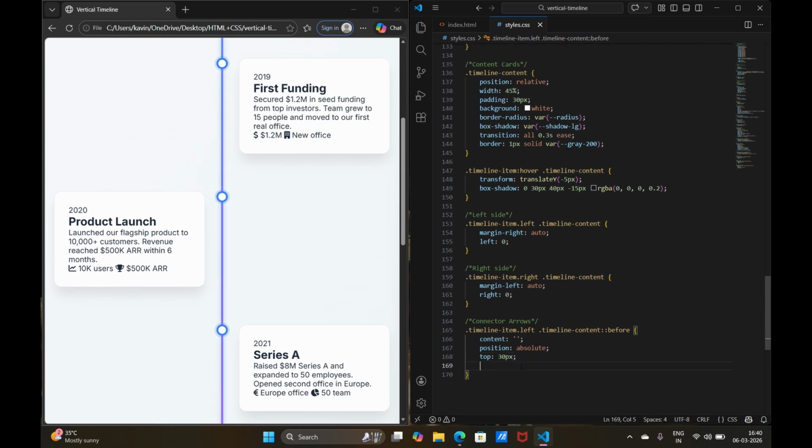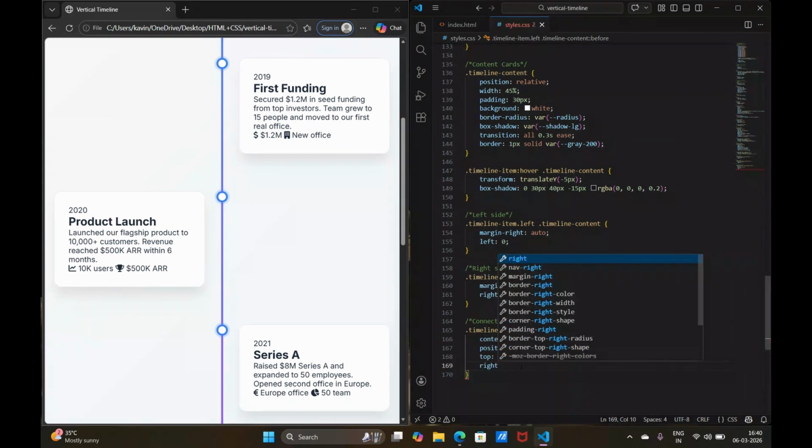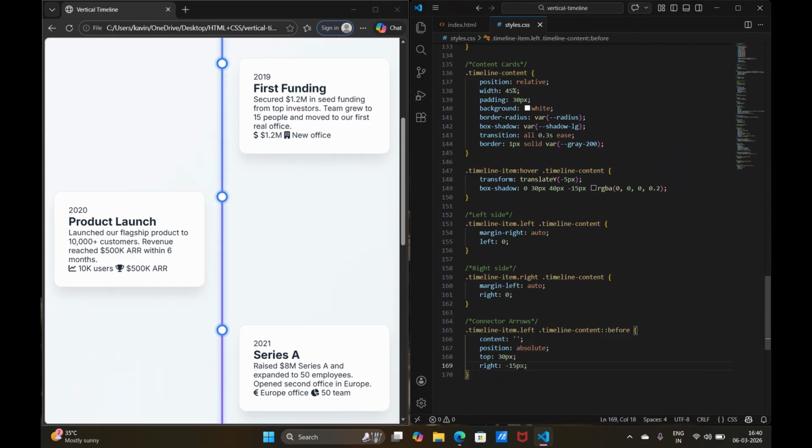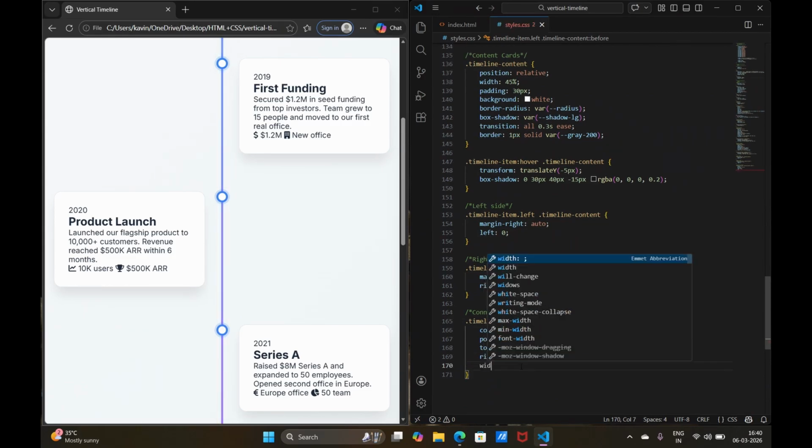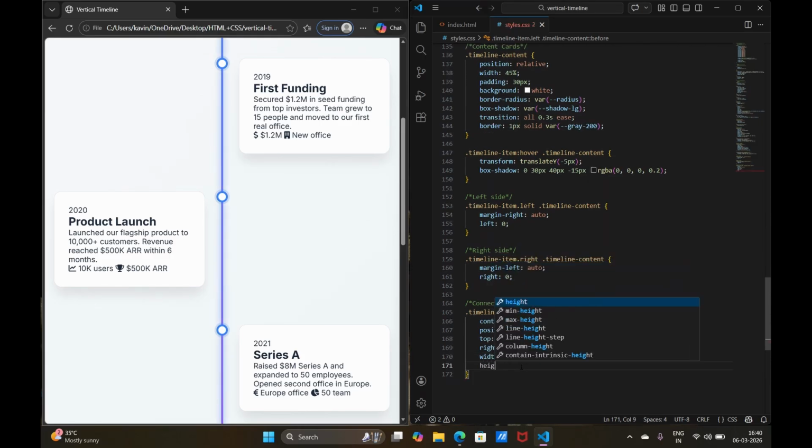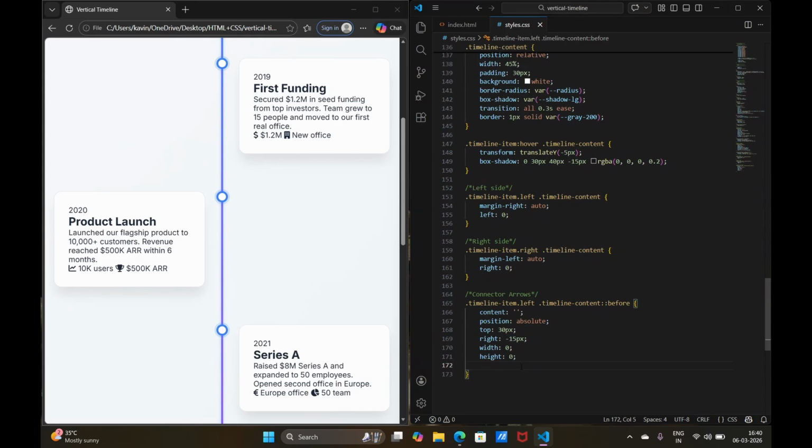The top will be 30 pixels, the right will be minus 15 pixels, then give it a width of 0 and the height also 0,